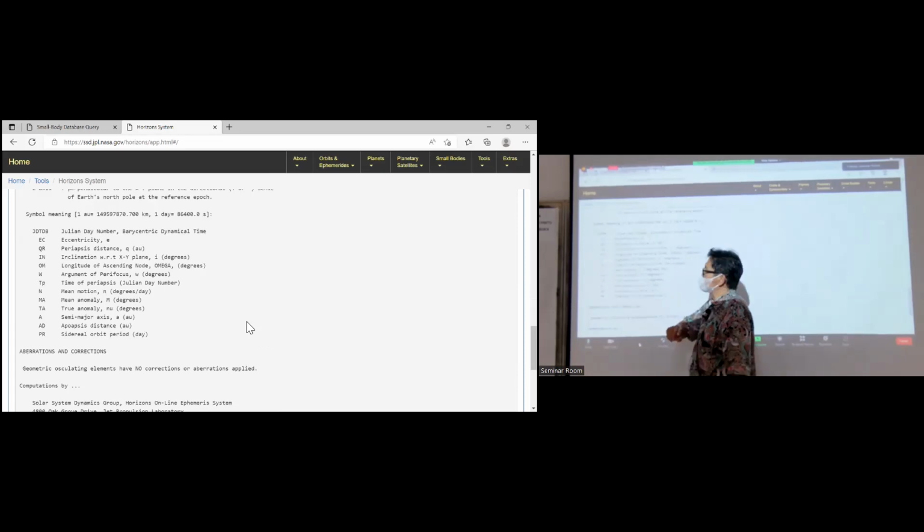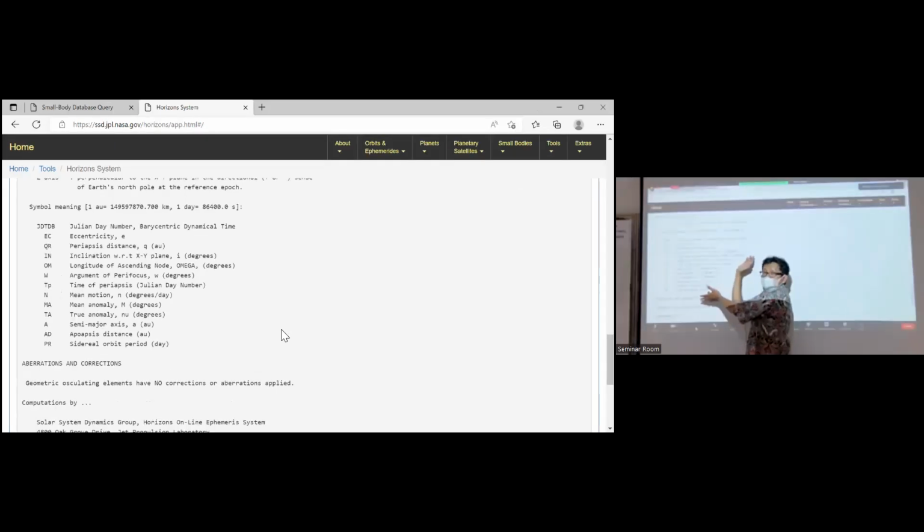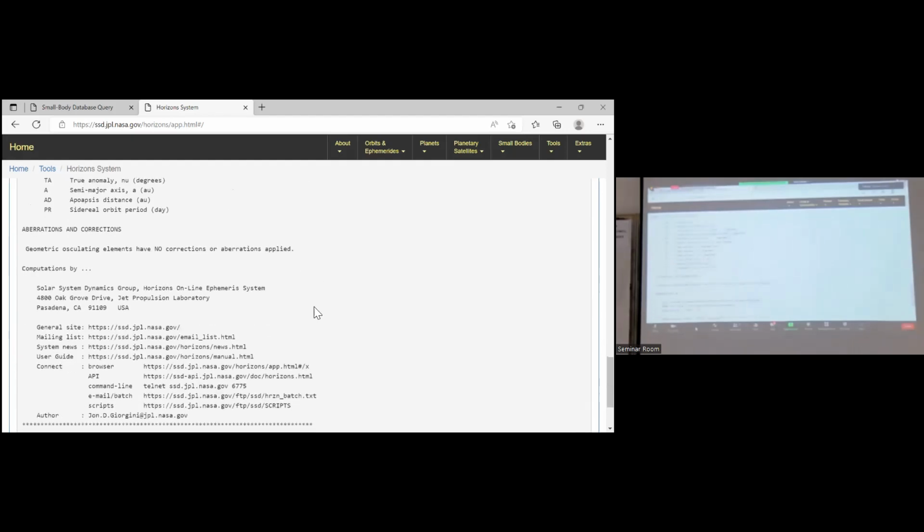IN means inclination. So, what we want to know: semi-major axis, or else, eccentricity, inclination, longitude of ascending node, argument of perifocus or pericenter, mean anomaly. But we cannot deselect others. So we collect all of them. Yeah. Download result.